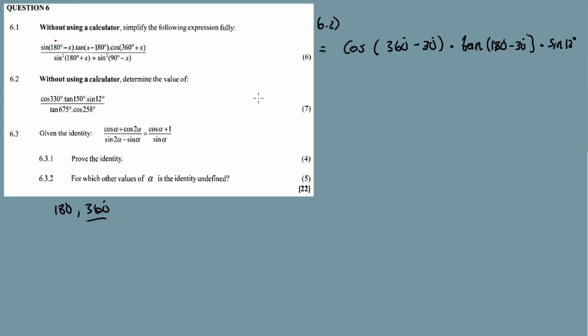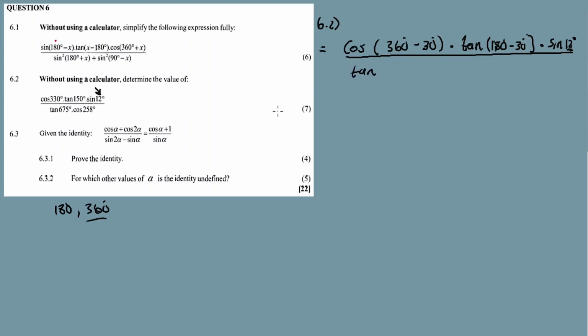The whole idea of using our reduction formulas is just to reduce our obtuse and reflex angles to acute angles. So the acute angle here is 12 degrees. Pay attention, 12 degrees is not a special angle, so something must be done with sine 12 degrees. We will deal with it now. Then tan